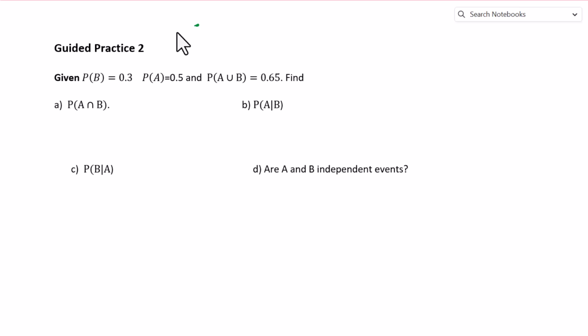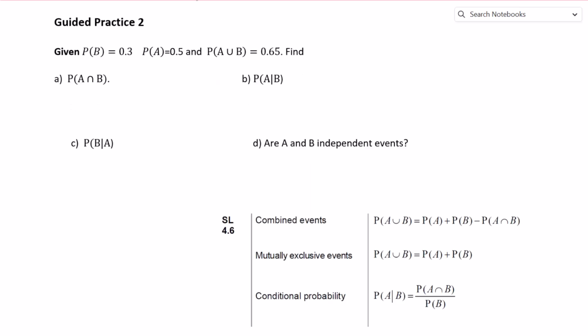Find P of A intersection B. Let's check the formula in the booklet. We have combined events. It's dealing with P of A union B and P of A intersection B. Probability of A union B